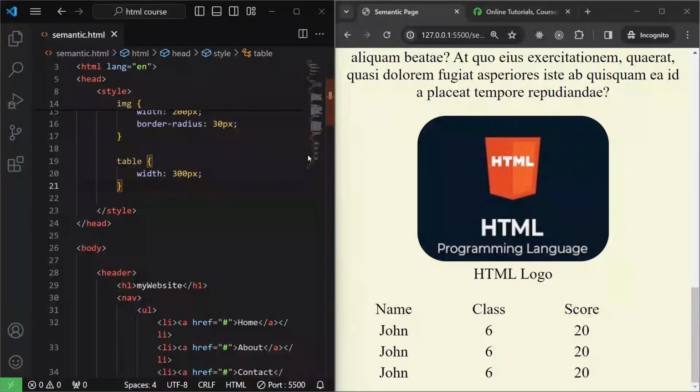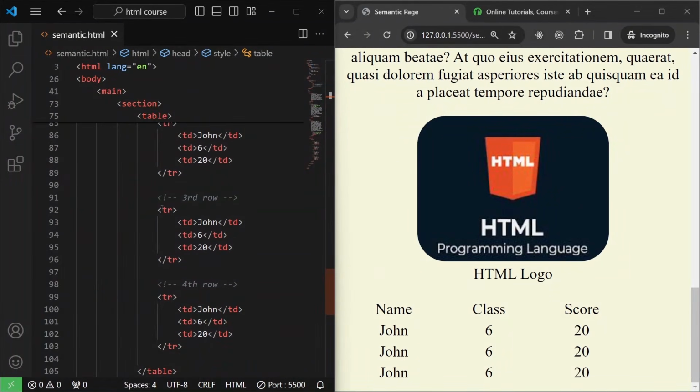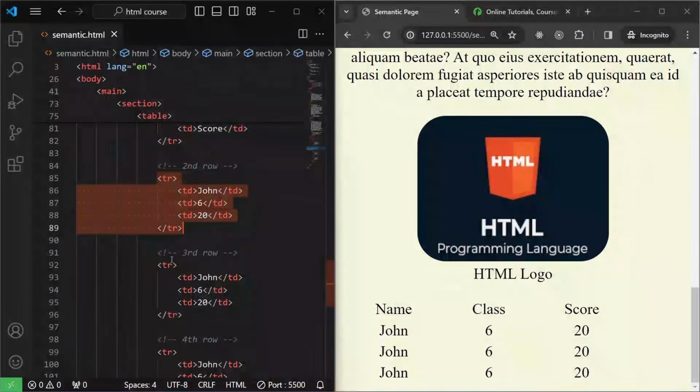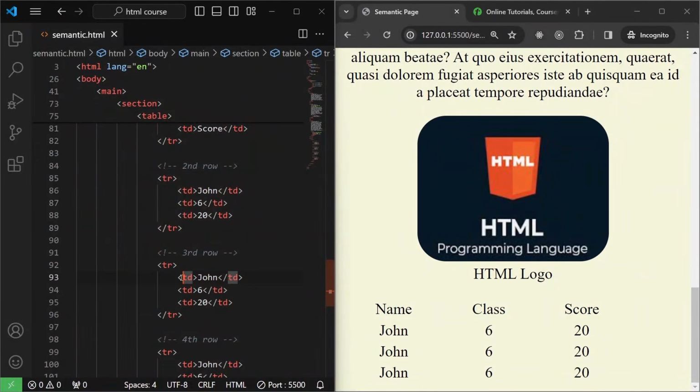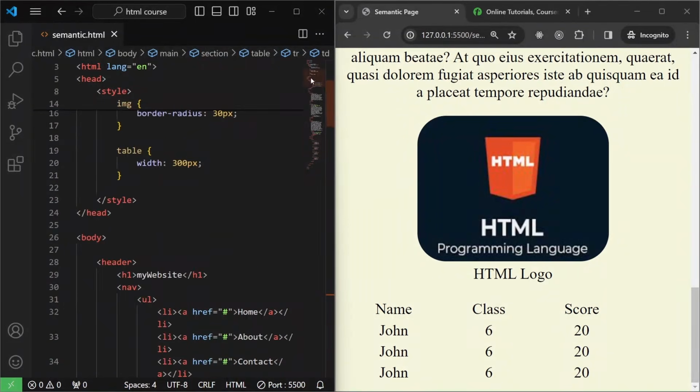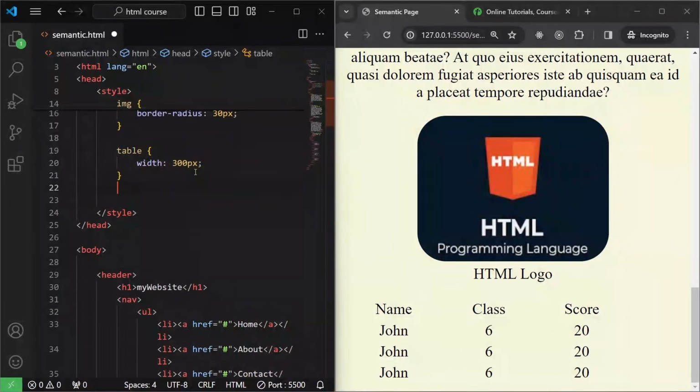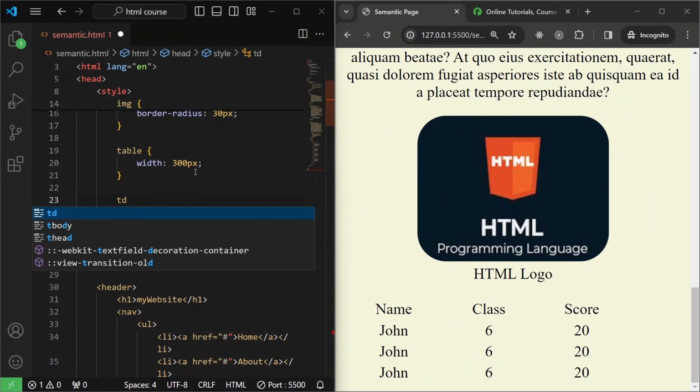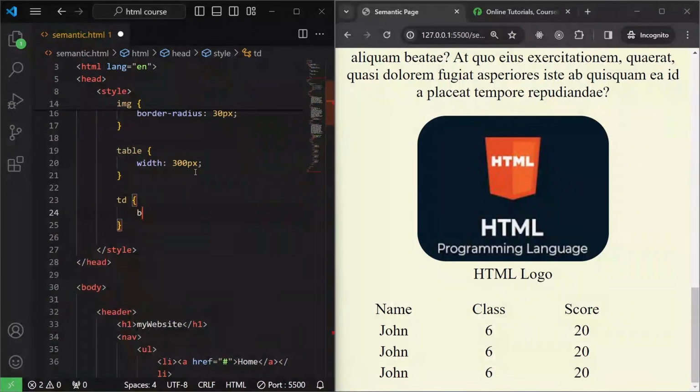Now for the table data, let's go back, and as you can see, we have each table row, right? We have table rows, and in the table rows we have data: John, class, and then score. So let's target this table data, for example, and I'll write table data, and let's say I'll give it a